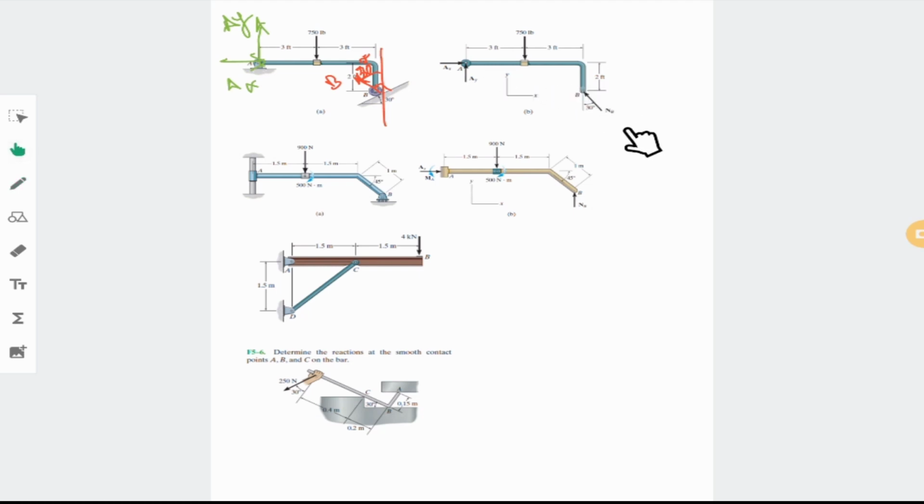As you can see, here we have the solution Ax and Ay, and a force with a 30 degree angle with the vertical. If you consider this line, this line also can be considered, and this angle and this angle are equal. This is 30, this should be 30, and this is 30 as well. Okay, another case is here when we have a roller,